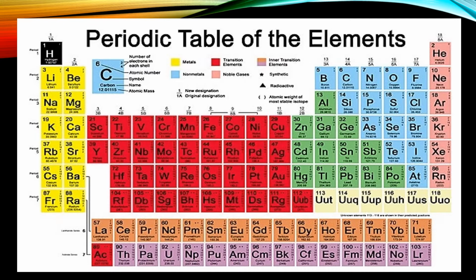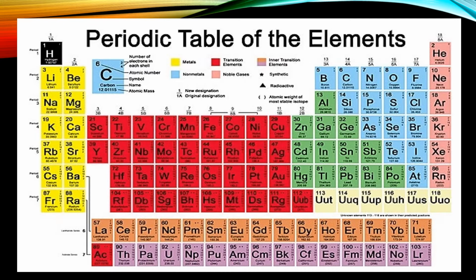Now why are these colors assigned? It is just to distinguish different elements from one another. As you can see here, the elements in the yellow color at the start indicate these are the metals. In the same way, this red color indicates these are the transition elements. And next to the red color you can see the elements in green color, and again this shows that these elements are metals. And next to this green color you can see the blue color. This blue color indicates they are purely non-metals. And in the last, this pink color indicates that these elements are the halogens.